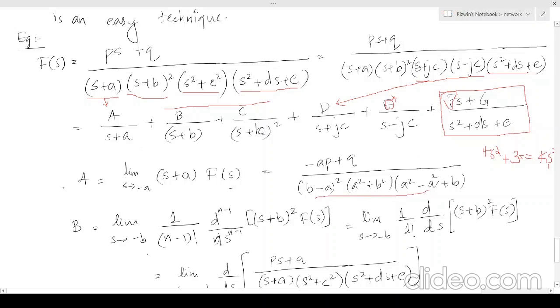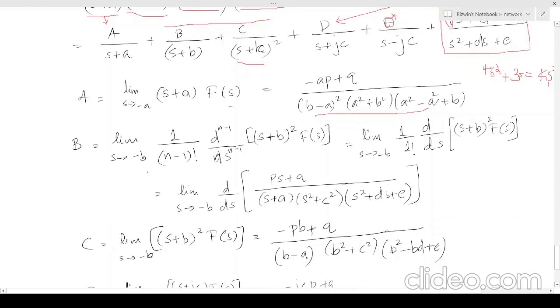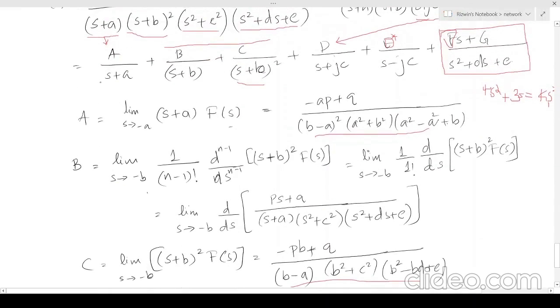It's that easy. Similarly, we have to find the values of B and C, which have a similar denominator, s plus b, and one has (s plus b) square. Let's go for the higher term. It is a similar way, just multiply with F of s as shown here. To find C, limit s tends to minus b, just multiply (s plus b) all square with F of s and substitute s equal to minus b. That's applying the limits. So you will get this form. So we discussed how to find A and how to find C. It's looking similar. Similarly, we can find the value of D.